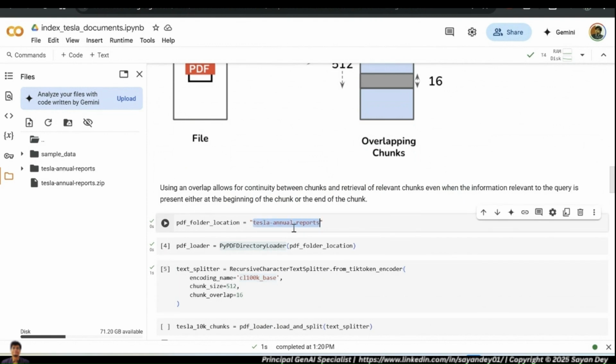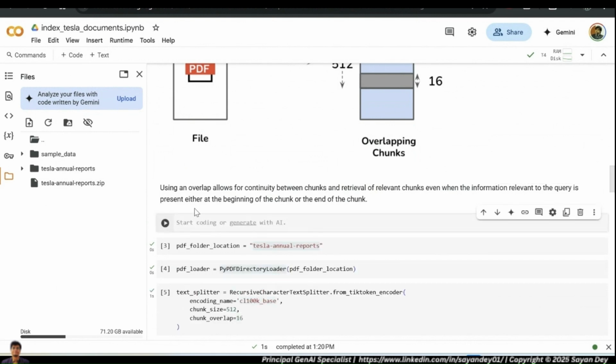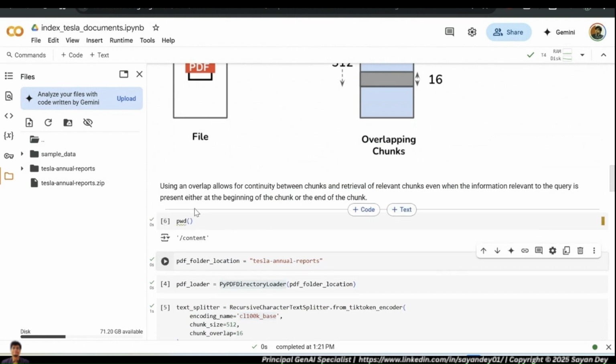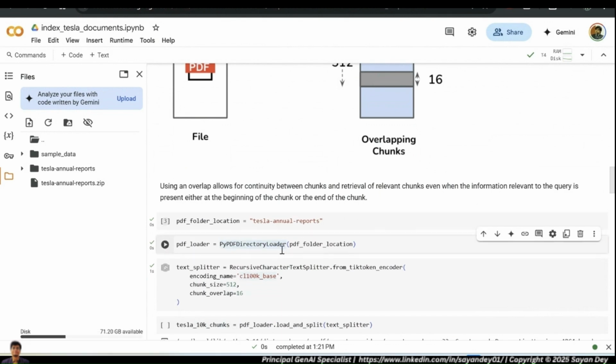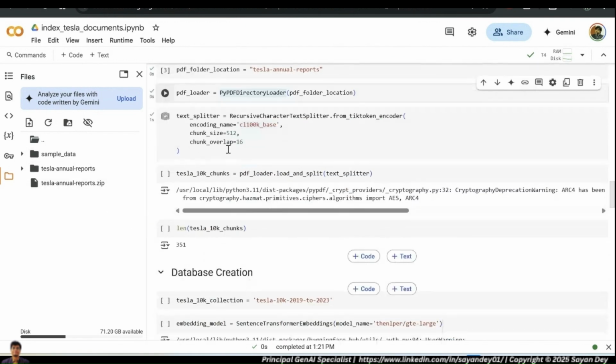This is the relative reference I'm using. This is my present working directory, right? Just to show you inside Colab, the PWD, the present working directory, is content. So inside the current working directory, with respect to that, I'm taking Tesla annual reports. We're giving the entire folder name, and we are loading the PDF files from the folder, and we are doing